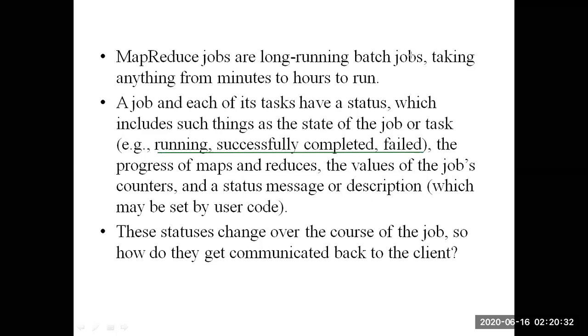You can trace the progress of maps and reduces in your system using this process updater, and these statuses can change, and how we are going to update those things back to the client, that is one challenging part of these MapReduce jobs.